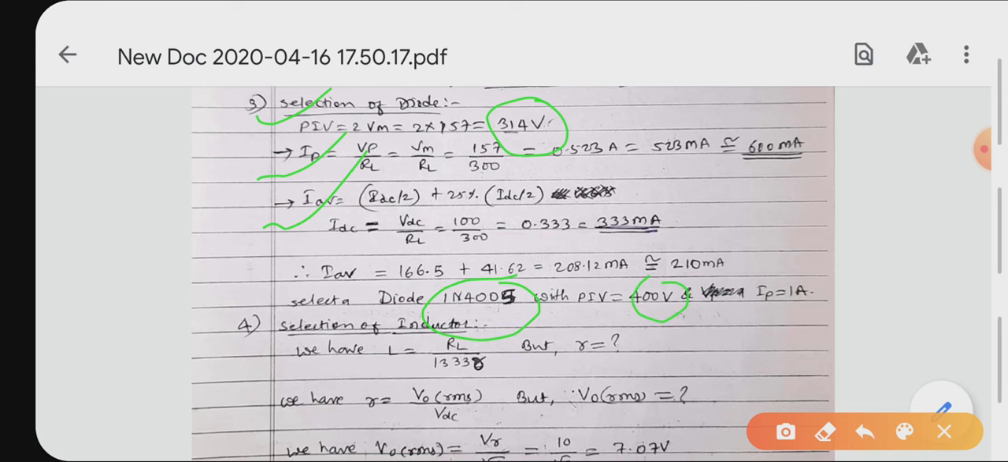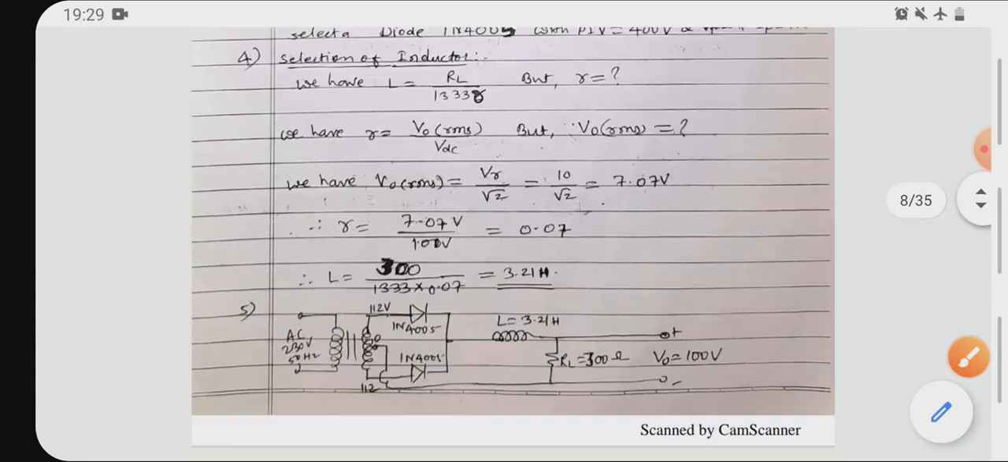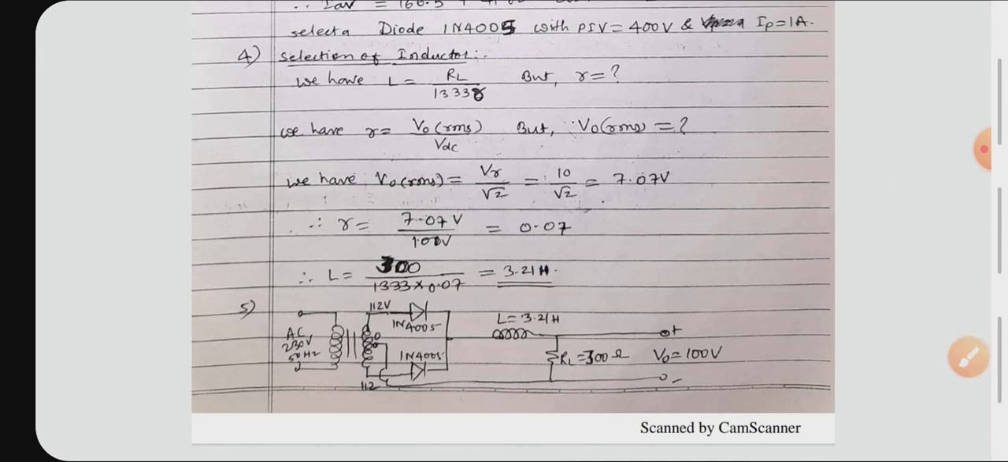And IP is constant, 1 ampere for all the 1N series diodes. Okay, let us move further. Next step is selection of inductor. You can use the standard formula from that table, L is equal to RL by 1,333 into r. But what is r? For r, again the formula is given in that table. r is equal to